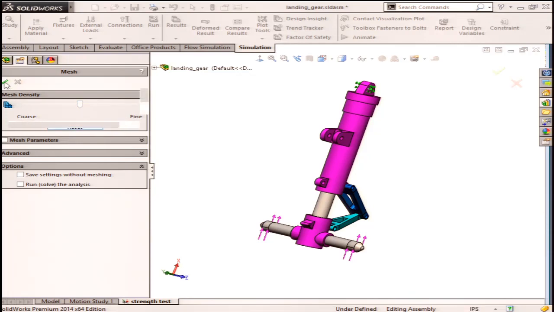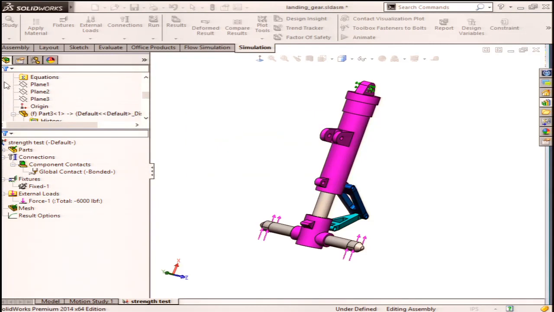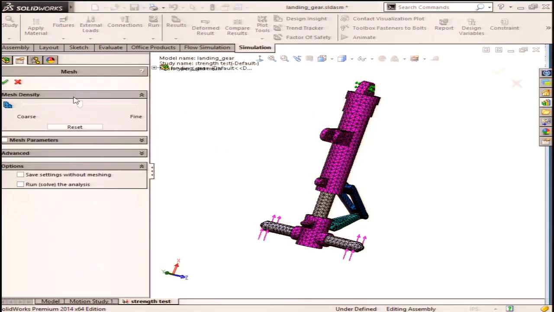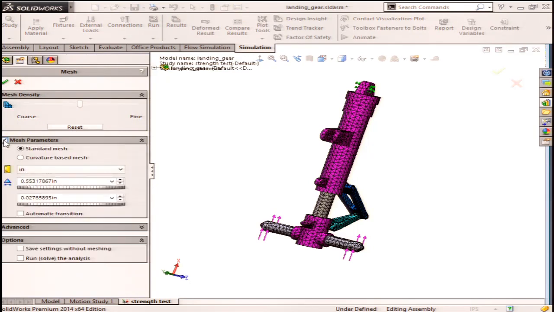So I can leave that in the center, and I can click the check mark, and that's all I need to do, right? Auto mesh. Or I could do this in a different way. If I wanted to mesh it in a different way, I could come in here and click Mesh Parameters, and